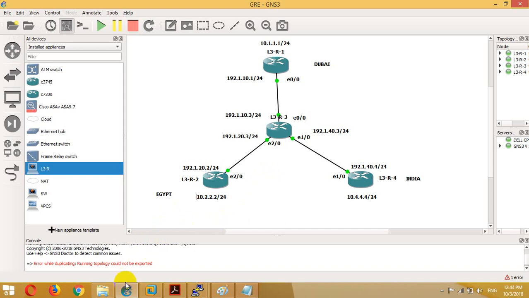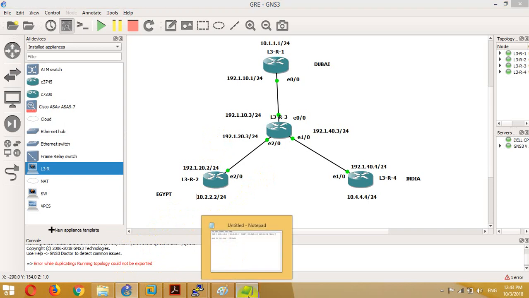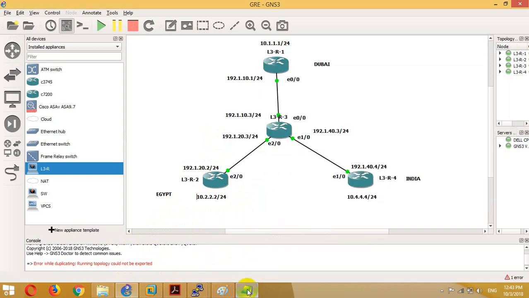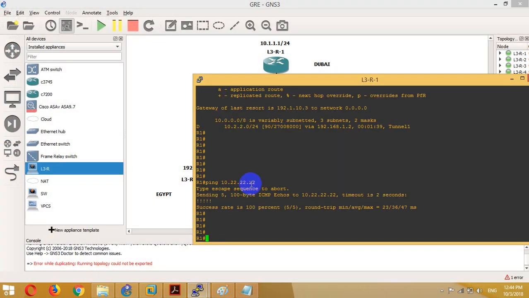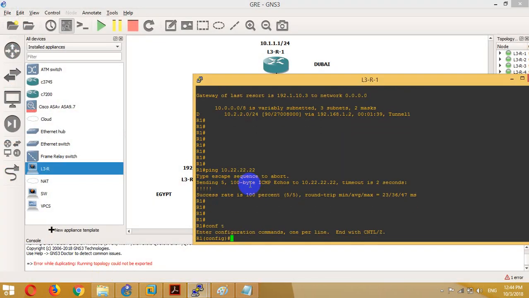What we're gonna do, we will create that first phase. We will configure the first phase. Let's do it on router 1. We'll say what? Conf T. If you guys remember,